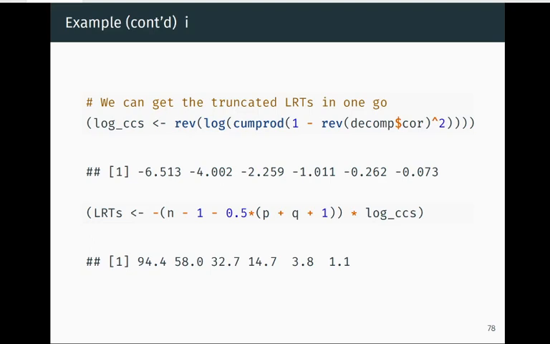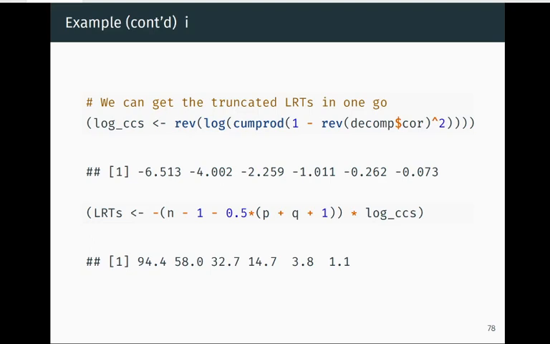so in reverse order. And so when I take the cumulative product, the first cumulative product is simply going to be 1 minus rho hat p squared. Then the second cumulative product is going to be 1 minus rho hat p squared times 1 minus rho hat p minus 1 squared, and so on. And so we do this for all p values. We take the cumulative product, the log, and then we reverse again so that we start with H01 and then move on to H02. So the object log_CCs contains